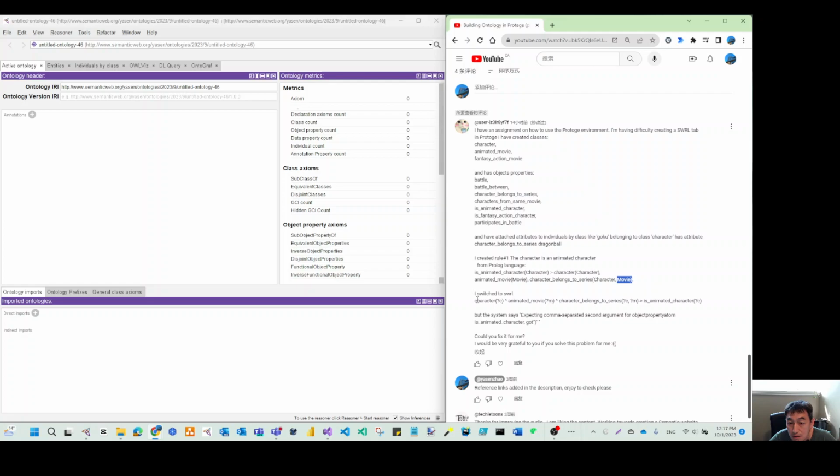But when writing this SWRL rule, the error message mentioned is that it expected a comma to separate the second argument. So I suppose we are missing one argument, but before we come to the conclusion, I would like to do some testing together. So now let me make our SWRL